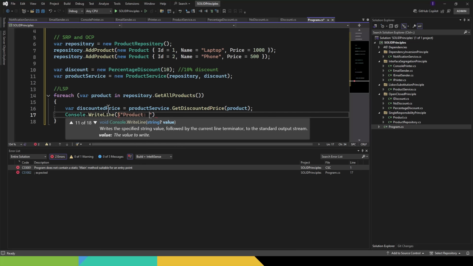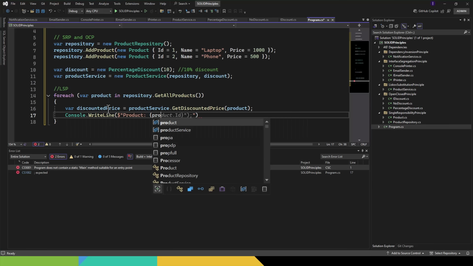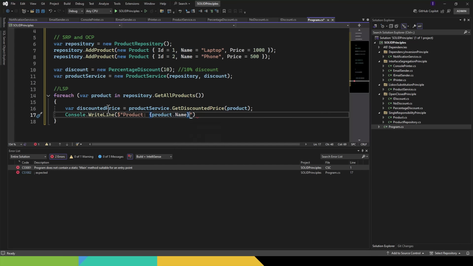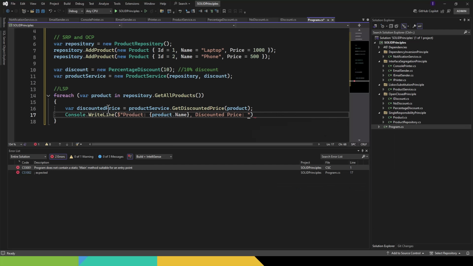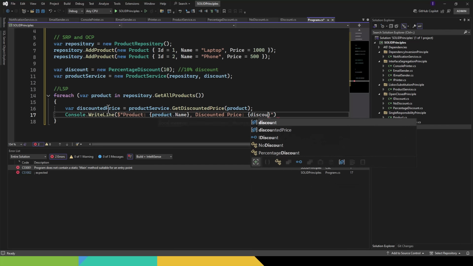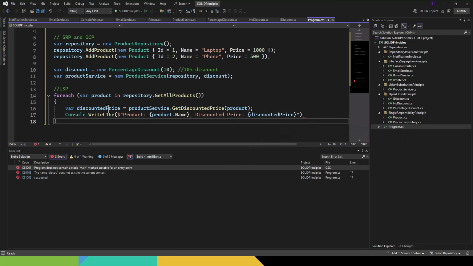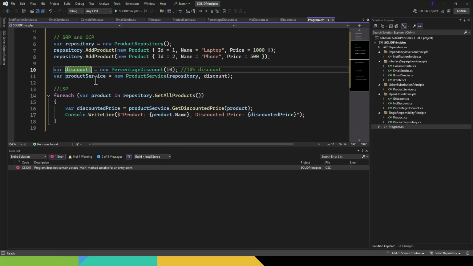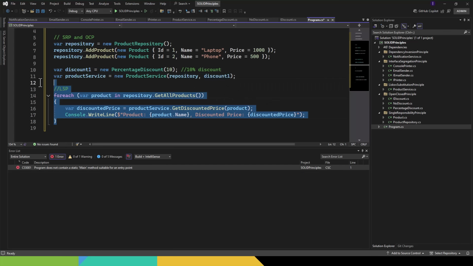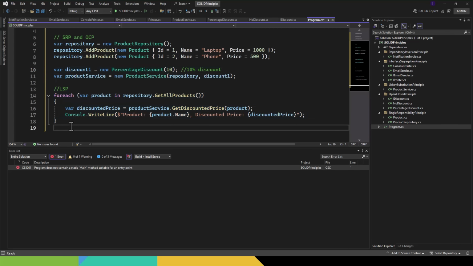is the product.Name, and then we'll say comma, the discounted price is the discounted price, right? So we have the variable here, discountedPrice in brackets. All right, beautiful. Now what I'm going to do is, we'll call this discount1, and I'm going to run this or copy this and run it again,